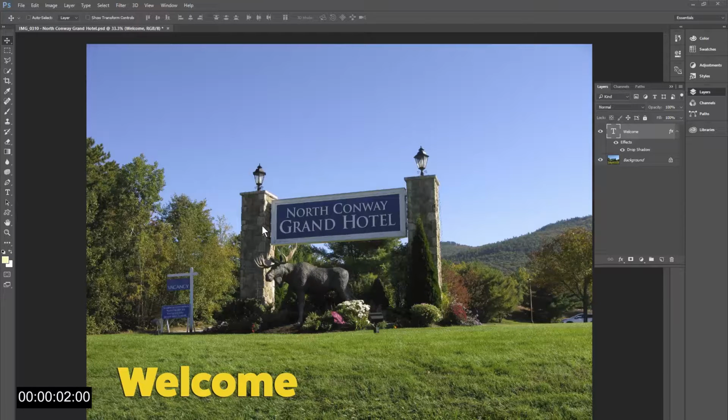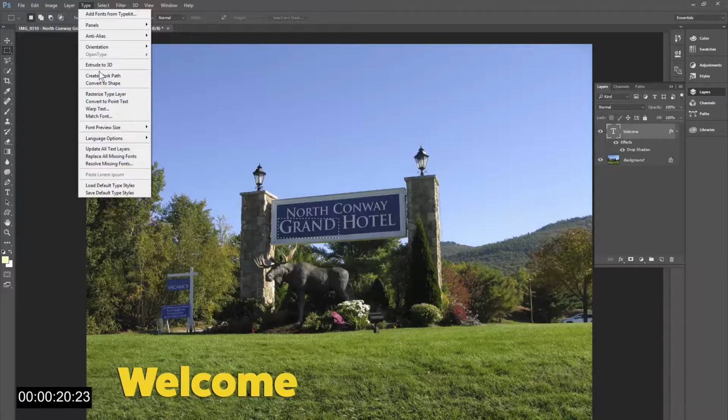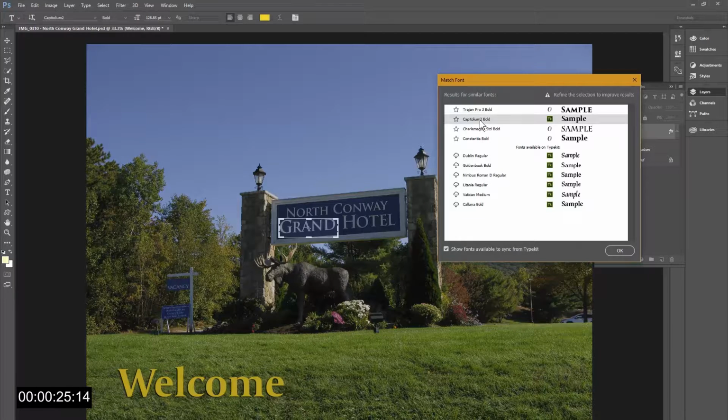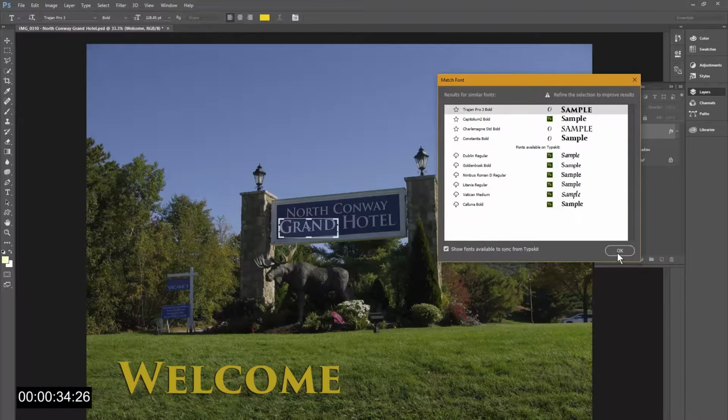If you've seen a photo with a nice font which you wanted to use yourself, it could take you hours just to look around the web to find something similar. Well, not anymore. With Photoshop CC, you could just select the area in which the text is located and use Type Match Font. Photoshop will find a similar font from the installed fonts on your system and even suggest other fonts from Adobe Typekit library. If needed, the fonts will be installed in your machine without leaving Photoshop.